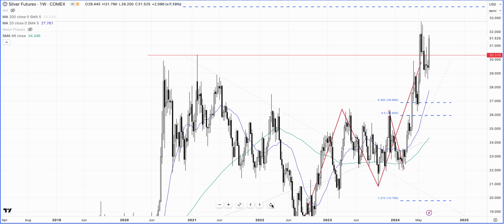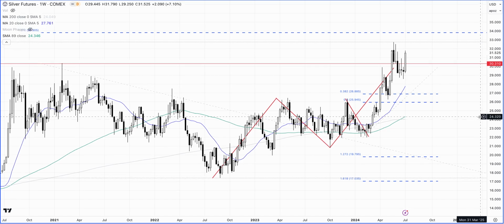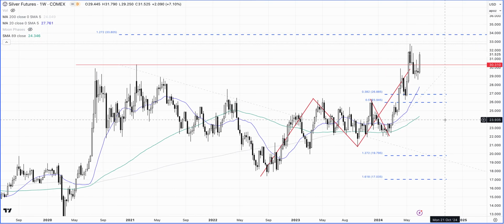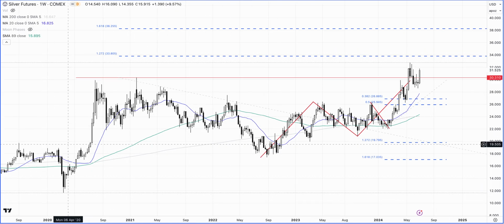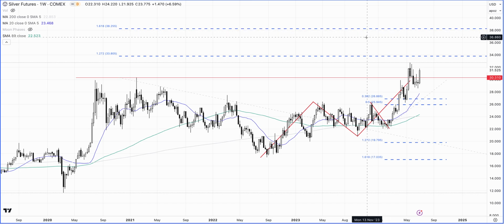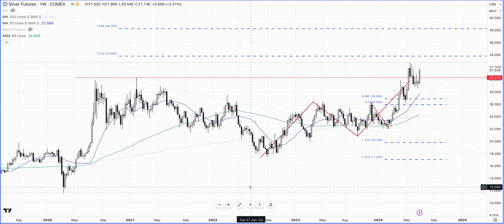In fact, it could happen quite quickly because I think that the US dollar is going to move lower, and it could move lower quickly or aggressively. Perhaps we'll wait and see. Okay, so there's a 1.272 expansion of this entire range, and then above that, 38 is the 1.618 expansion of this. I've not drawn the ABCD, but I'll also get somewhere around here. So this 38 dollars per ounce level is going to be really key for this market.